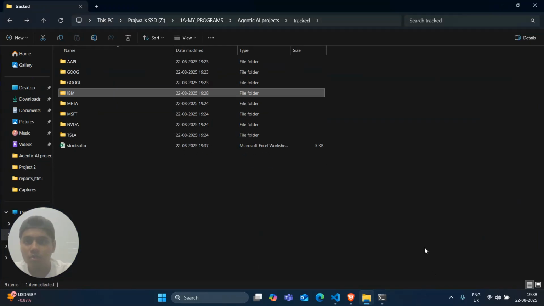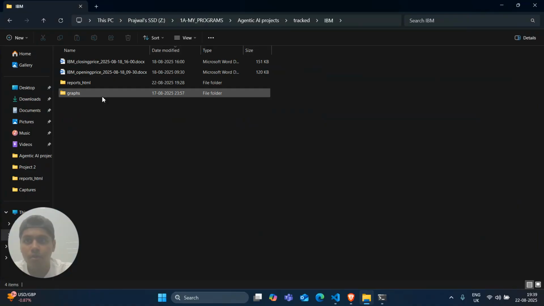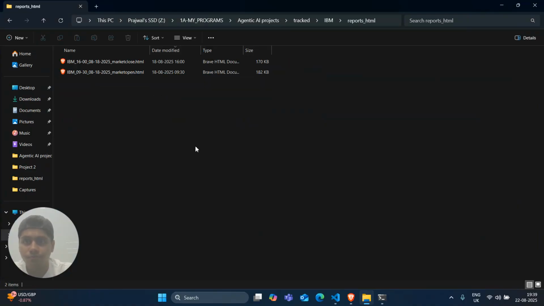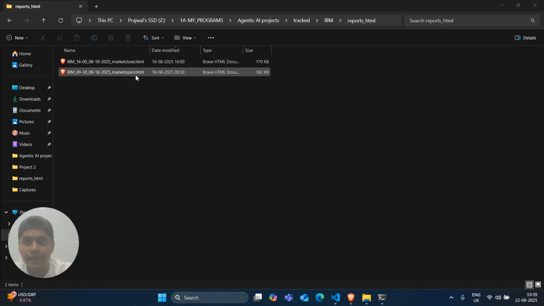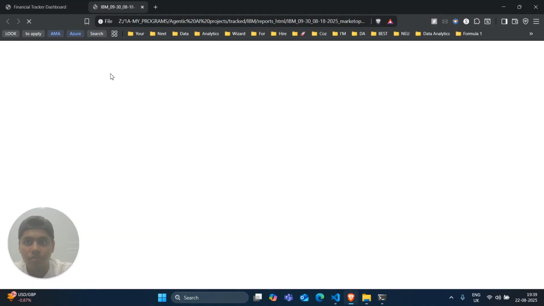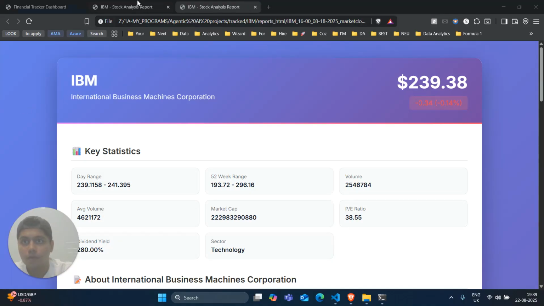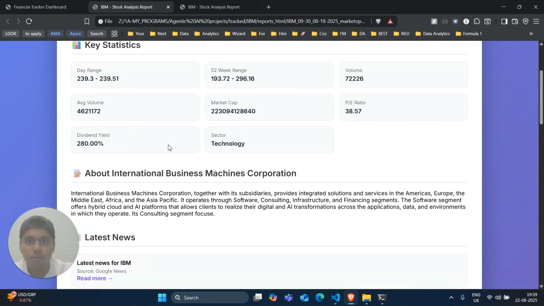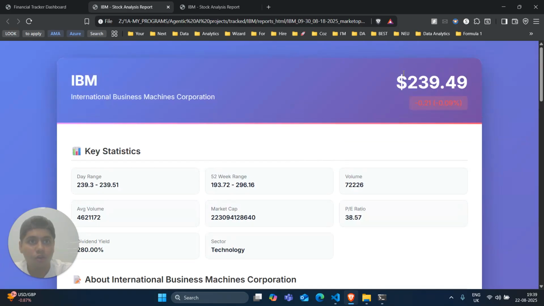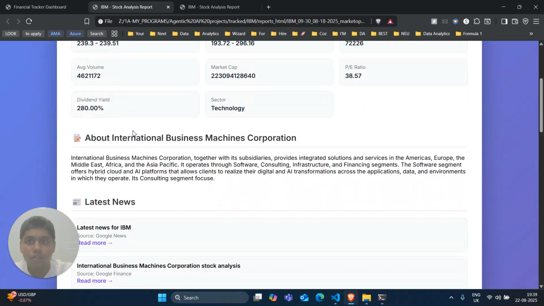To prove it, here are two reports that generated for say IBM on Monday when I left it running. One at 9:30 a.m. and one at 4 p.m. Both are stamped with the exact date and time, and inside each report we can see key stats such as PE ratio, 52-week range, the opening price, volume, some information about the company,